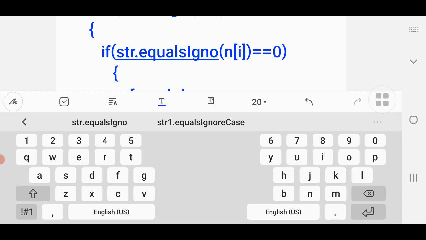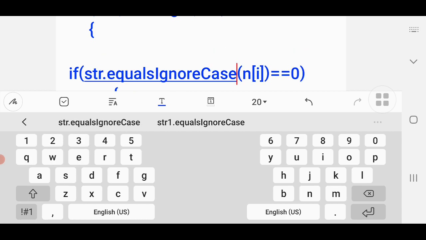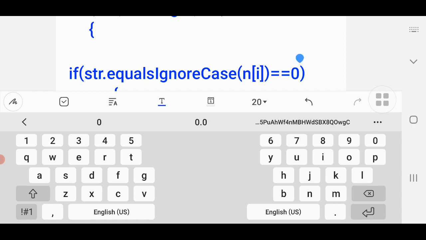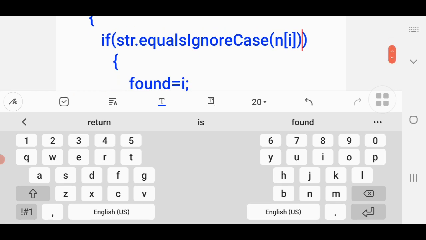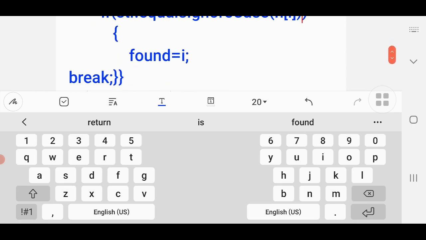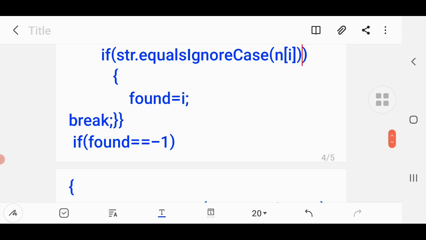All right, and here, students, you see, I do not need to write equal to 0. This is enough. Now if it is returning true, then found will have which value? i. It will have the value i, and then the loop is terminated using the break statement.